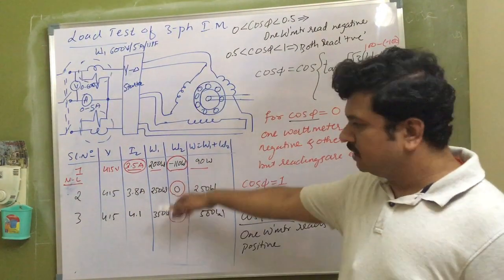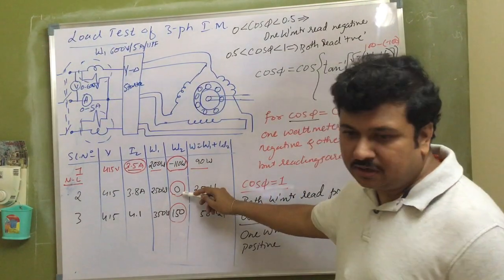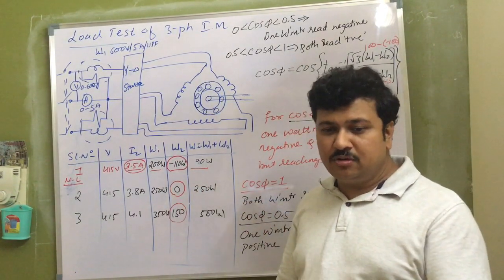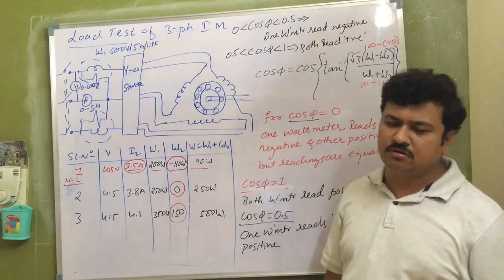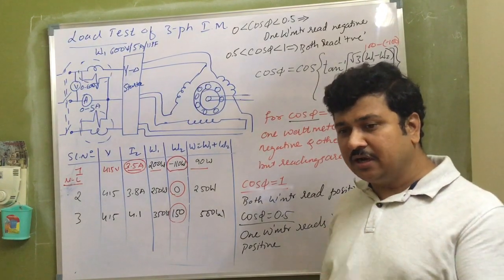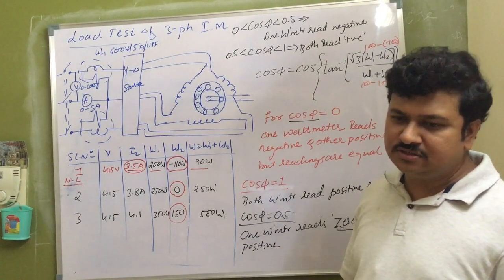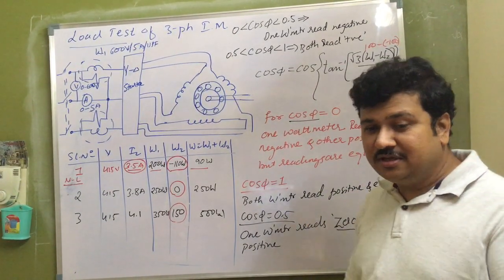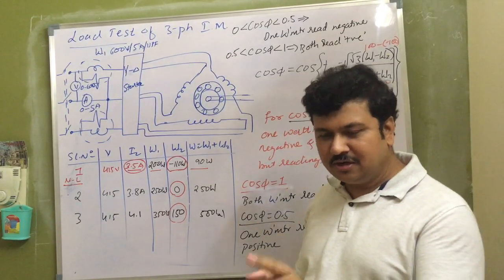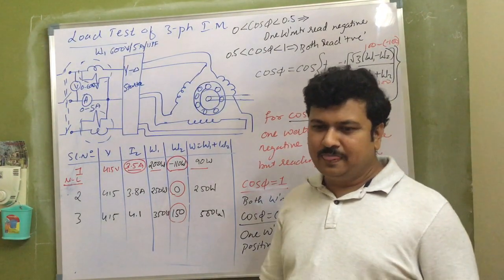Anybody who has conducted this experiment, if you have got one of the wattmeter readings as 0, for that reading cos phi should be exactly 0.5, else your calculations are wrong. Simple. This is how you cross check the correctness of your calculations. If you know the concepts, you will never go wrong in calculations. Also, there is a small trick. If you know the concepts, you can trick in the readings also. Sometimes you may not get exact readings in the exam, so you can trick.